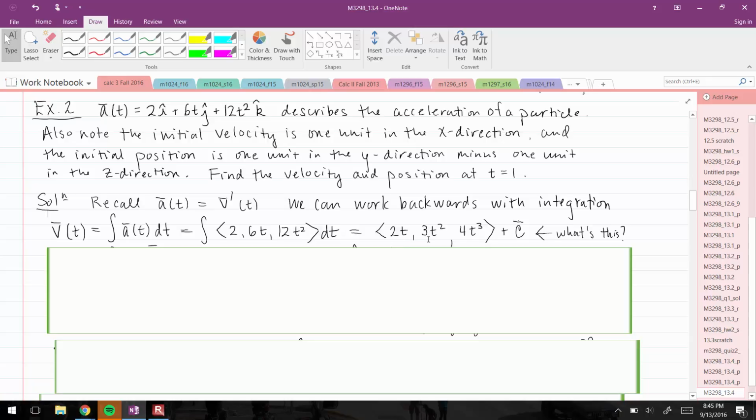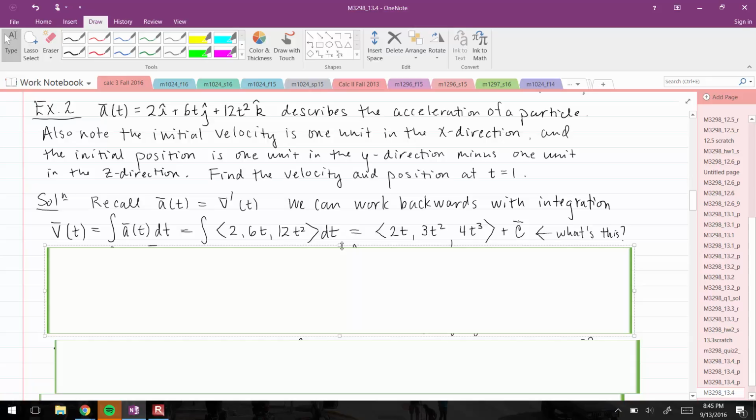So we get 2t, 3t squared, 4t cubed, and then don't forget your plus c, where c is a vector. We have this in Calc 1 where we'd have plus c, a constant that's a scalar, but now we have a plus c that is a vector. To determine this, it's actually given, but to show the details on why, and not just tell you,